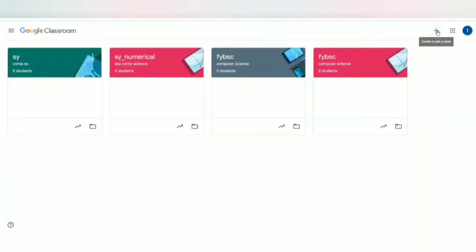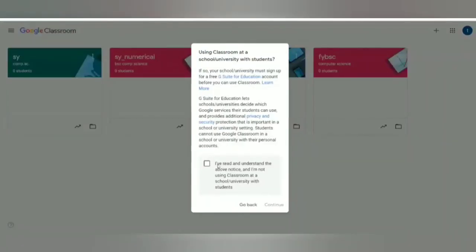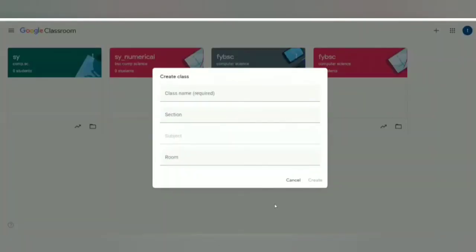So if you click on this plus sign, then you can see there are two options, create or join. So I'm clicking on this, and then I get to see again two options. So I'm clicking on create class now. So create class. So say accept and say continue. Okay, here you can put the class name